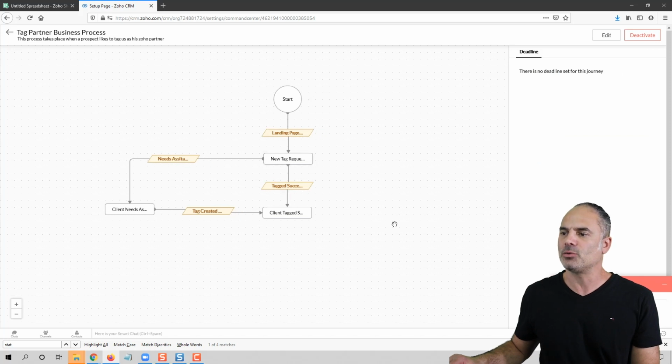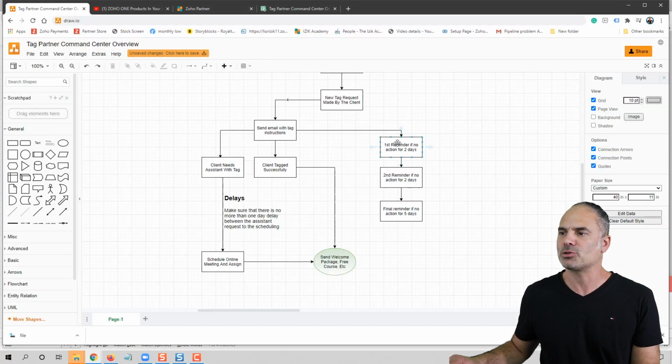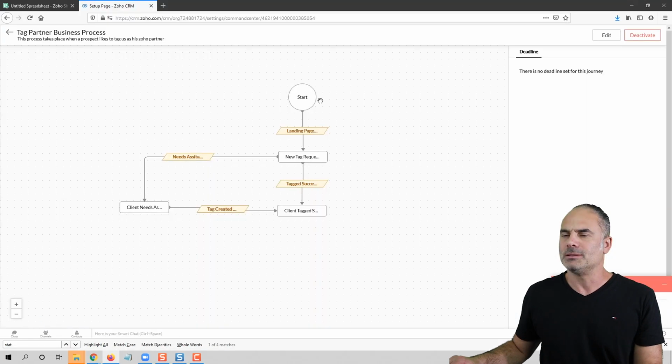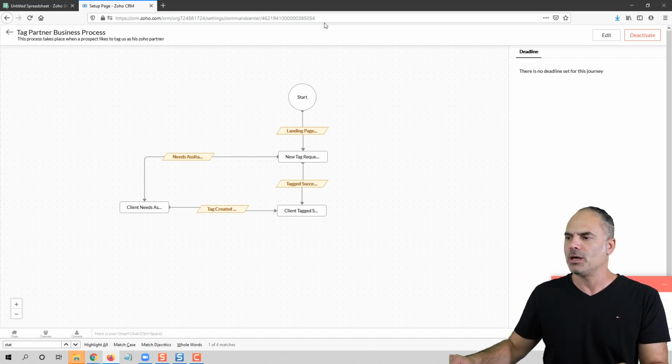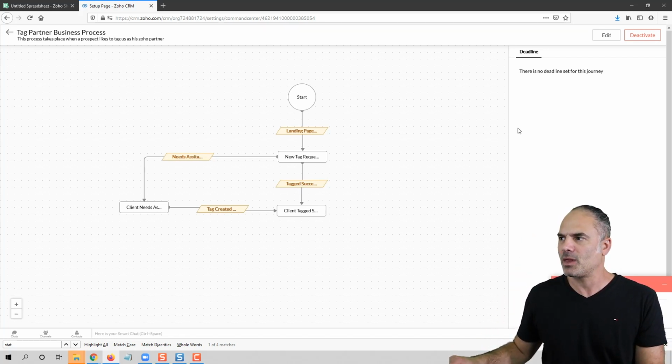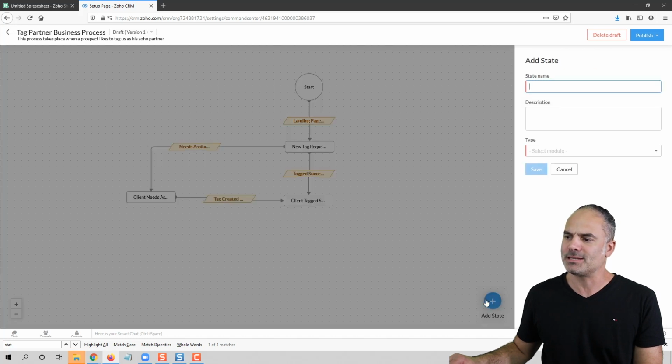On the right side, I have the fork that is not there yet, but this is the fork where I will have the rest of the information, which is reminder 1, 2, and 3. The command center is starting from some kind of an entry point, and from this entry point you can create states. And when we click on edit,